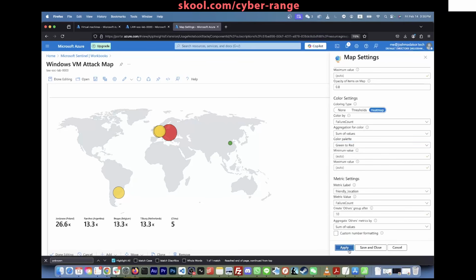Based on what you select, and you can say apply. And then you can change the metrics or the labels and stuff down here. So like the friendly location,